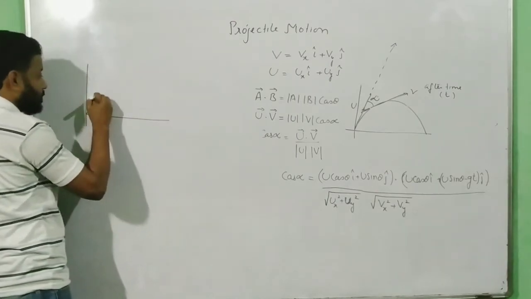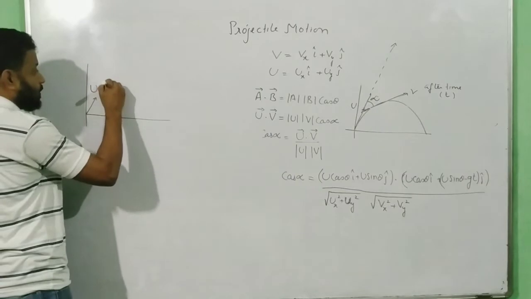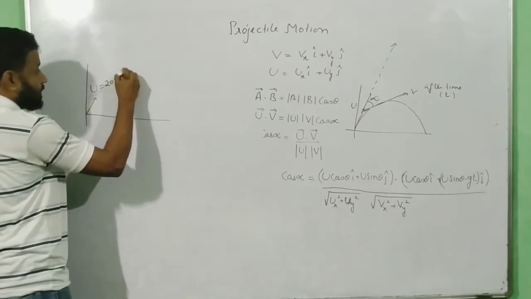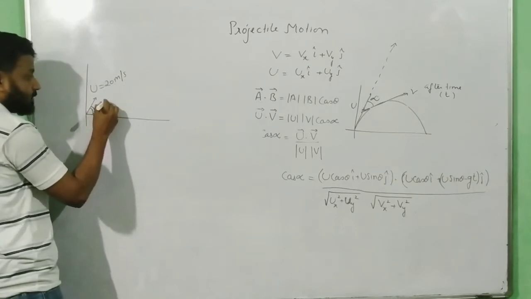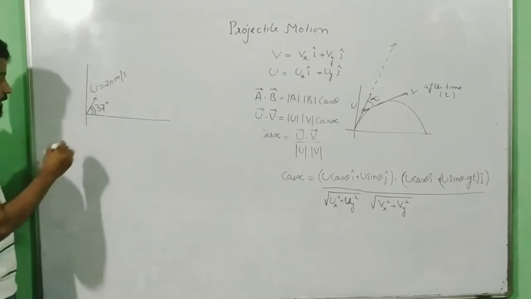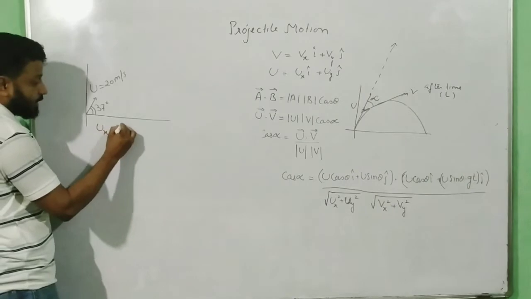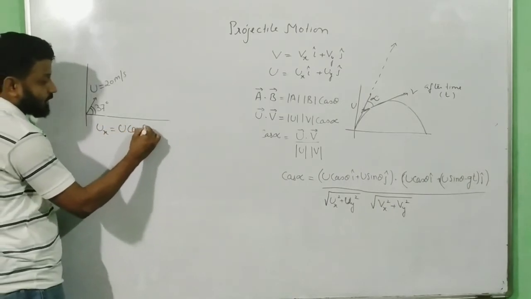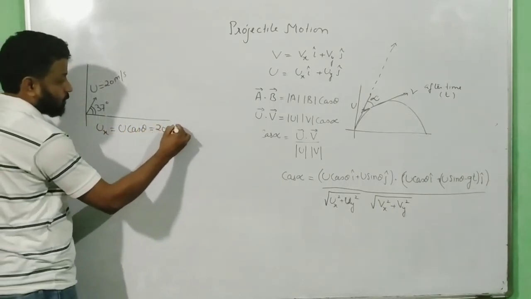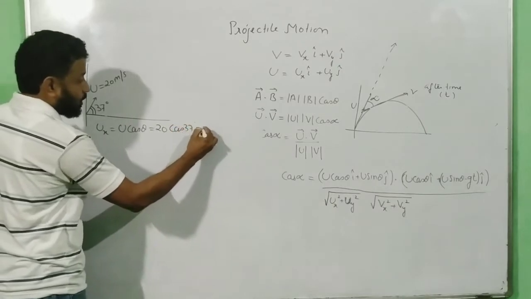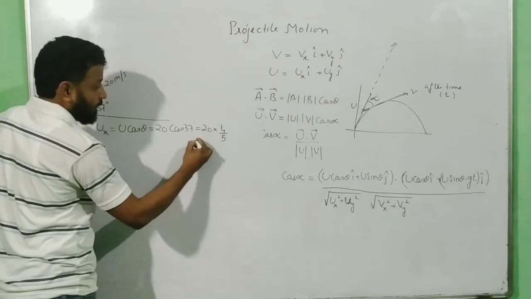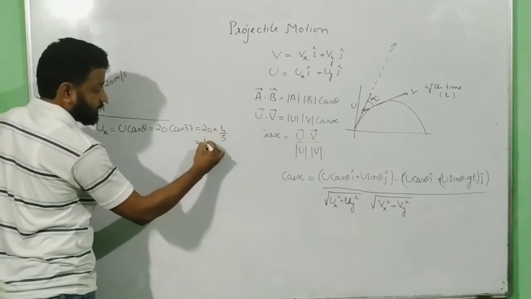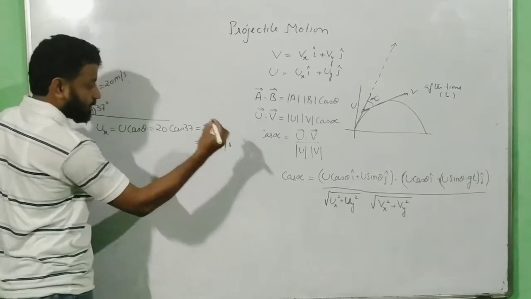So say that you are projecting a velocity u with a speed of 20 meter per second, and let us say, that's my favorite angle, I am projecting at an angle of 37 degrees. So what is my Ux? Let us try to find here. Ux will be equal to u cos theta, and that is equal to 20 into cos 37. Cos 37 is 4 by 5, and that is equal to 5 4s are 20, 4 4s are 16, so 16 meter per second.